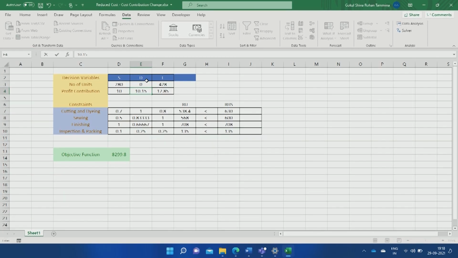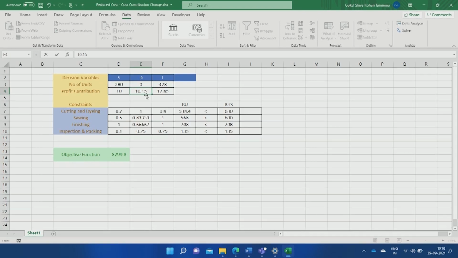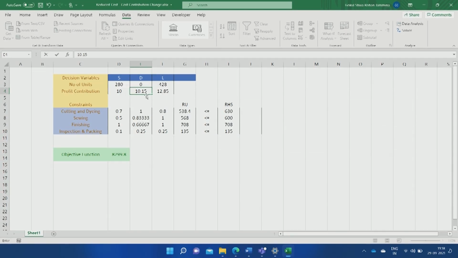Now my coefficient in the objective function is 10.15. Why is it 10.15, previously 9? Because we have to reduce the cost. What is the meaning of reduced cost? Reducing cost means increasing the profit contribution. So when you reduce the cost by 1.15, our profit contribution needs to be increased. So if I solve it again,